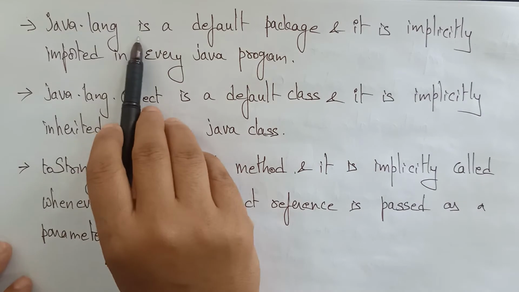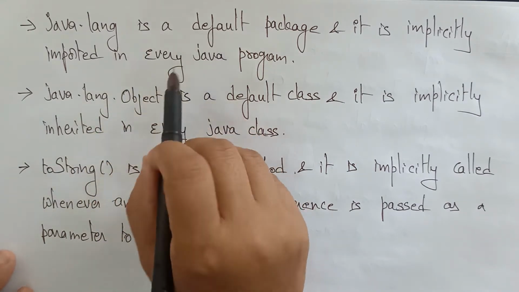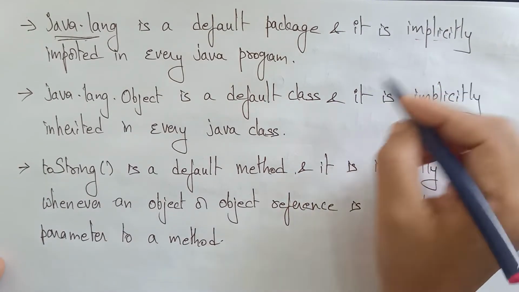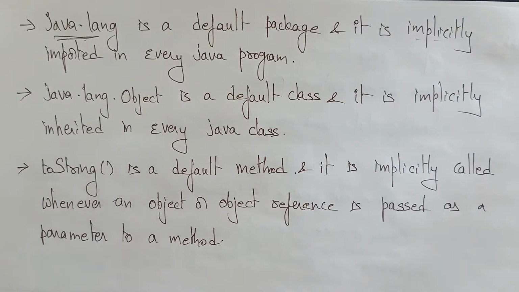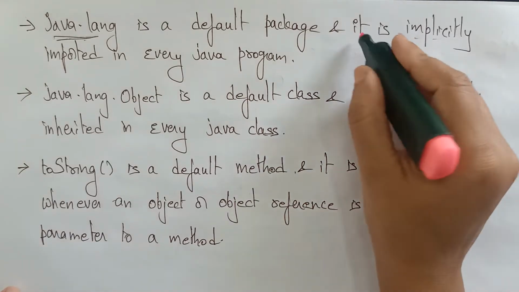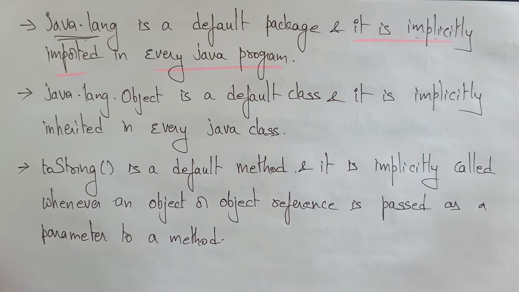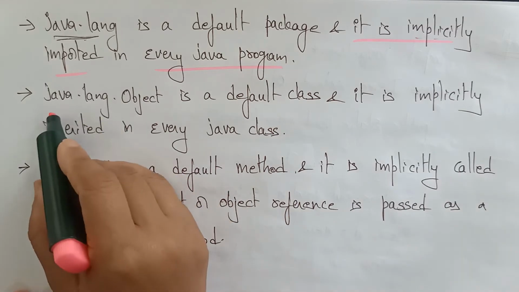So java.lang is a default package. We all know that. It is implicitly imported in every Java program, so you need not mention it every time. What is that? java.lang. It's a default package. And another one,